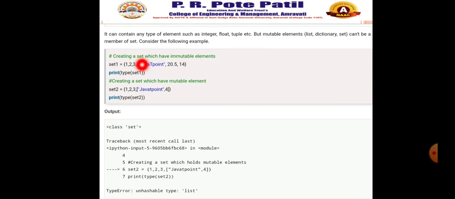Now, creating a set which has a mutable element. Set2 equal to 1, 2, 3, then a list, comma, 4.